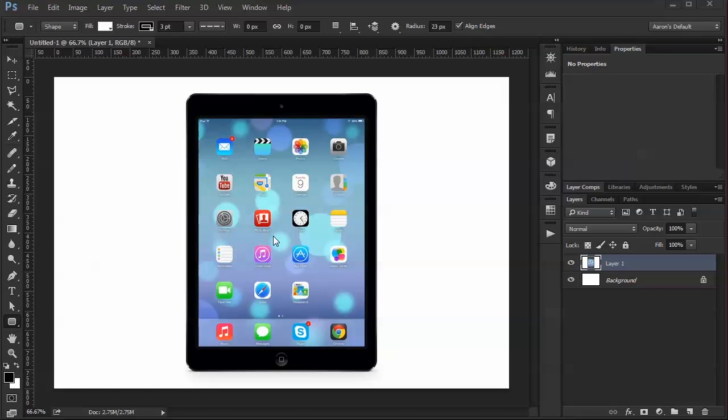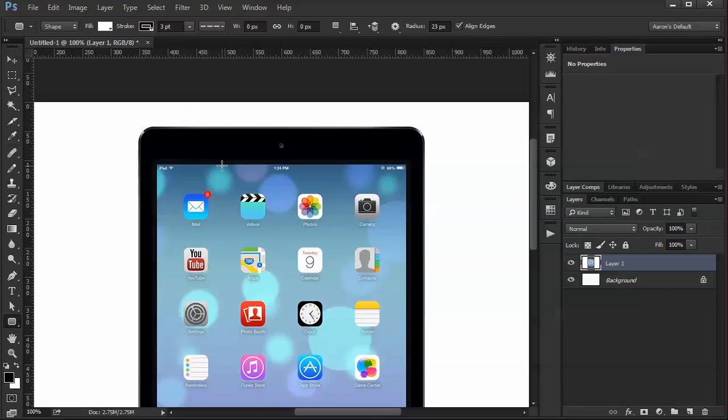So the first step is I need to make a shape that is going to fit right inside this nicely. So I need to figure out the corner radius of these corners. And let me zoom into 100% here. An easy way to figure out corner radius of something is to grab